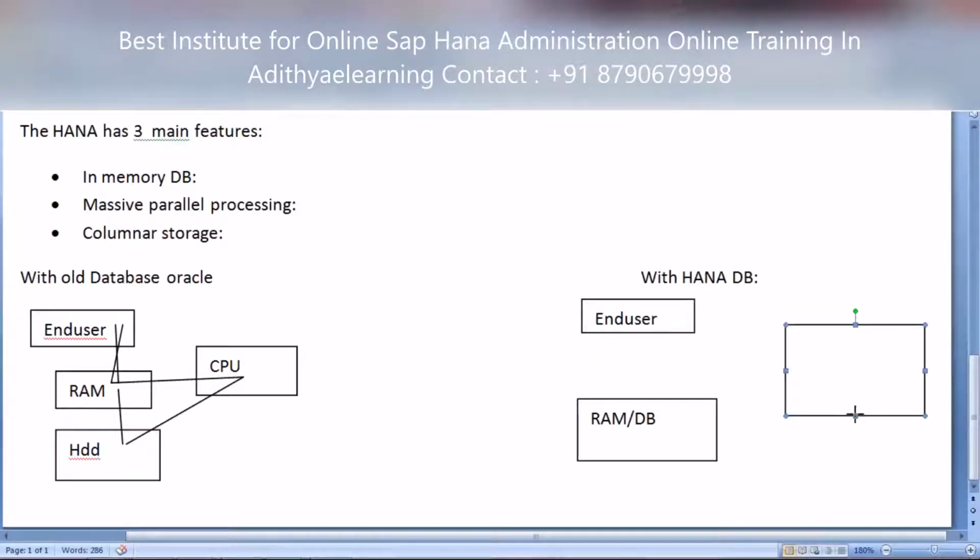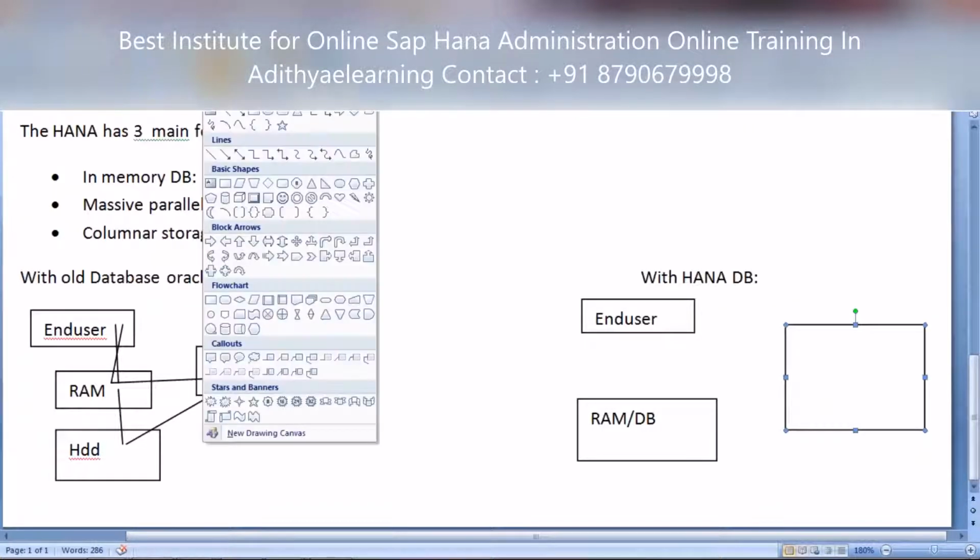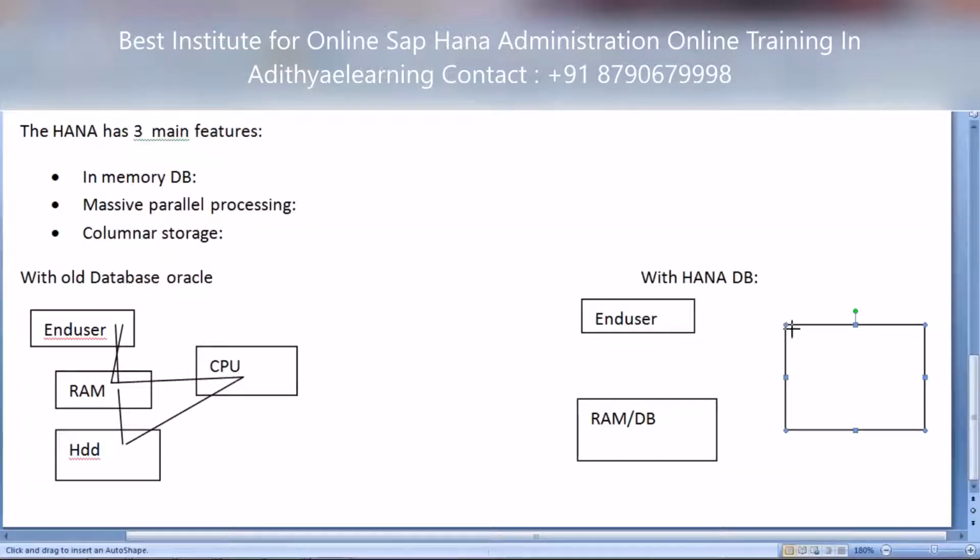Okay, now when you come to the CPU, the CPUs which you have in HANA are CPUs with multiple cores. I will take an example here. If I have a CPU with 16 cores, how will it work?